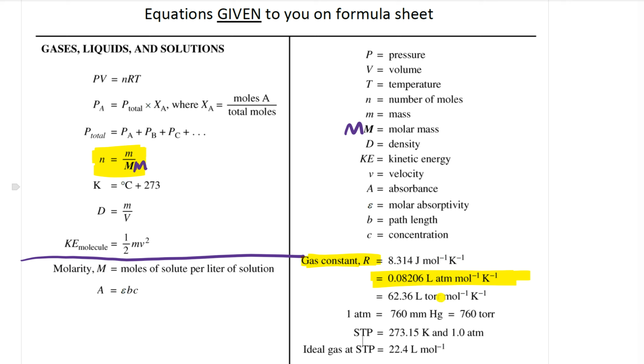These other R values are used when you have different units for your pressures, and even for this one here, joules, where you're not going to look at that anytime soon. Note here that 1 atm is equal to 760 millimeters of mercury, and 760 torr is given to you, as well as STP is equal to 273.15 Kelvin and 1 atm, and an ideal gas at STP has a volume of 22.4 liters for every 1 mole. We will talk about this